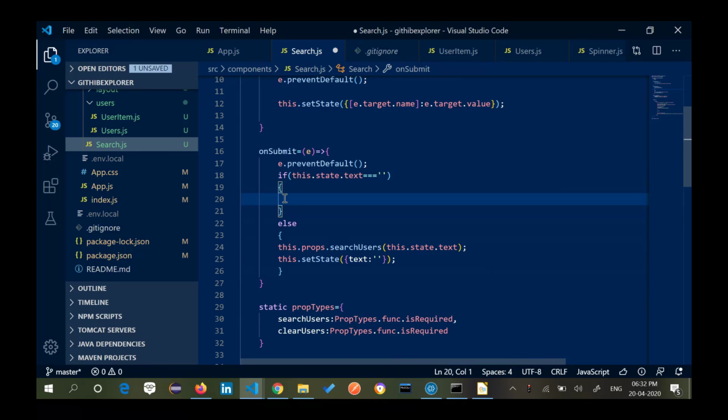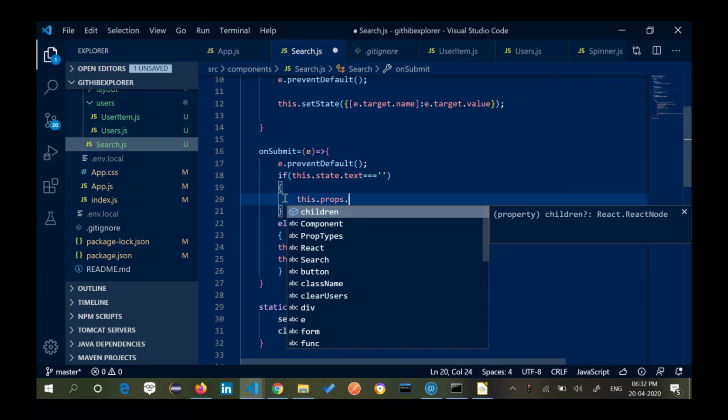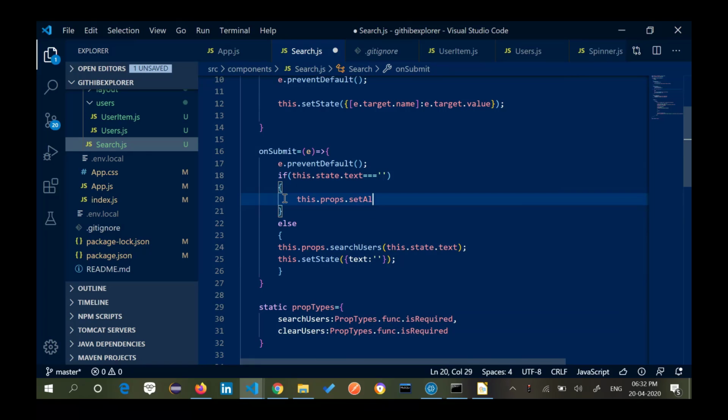In this scenario, I'll say this.props.setAlert. I am passing this from search to app. Please enter something, comma, light.